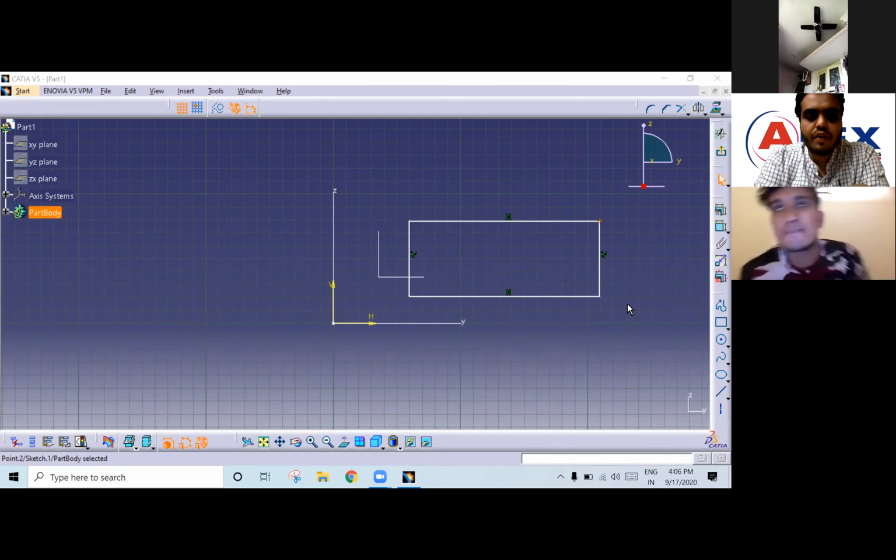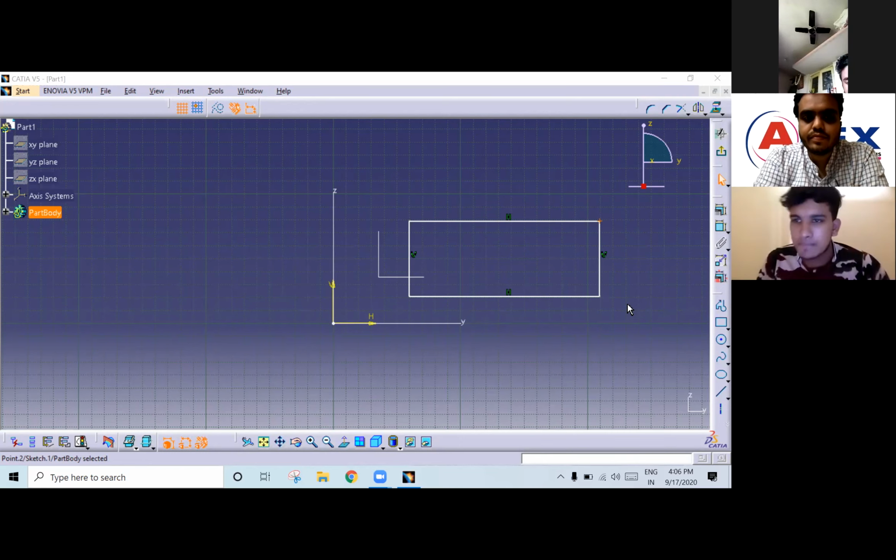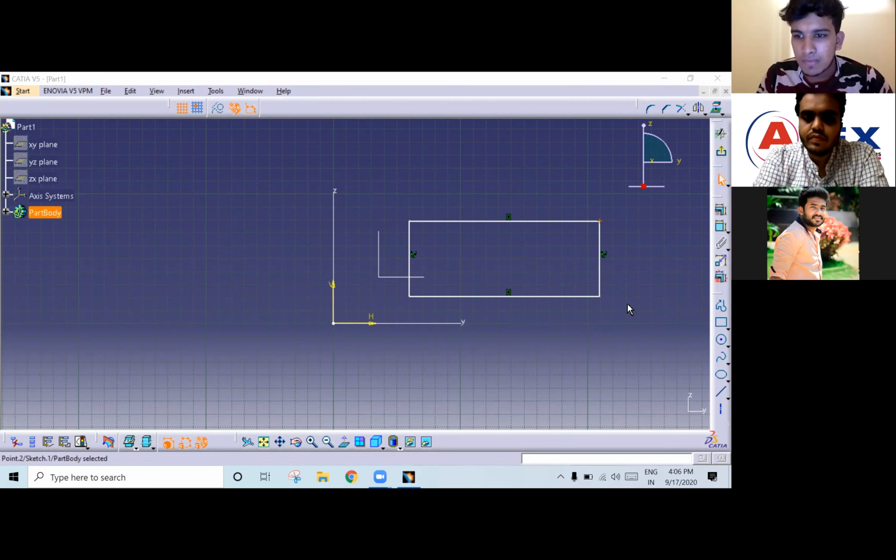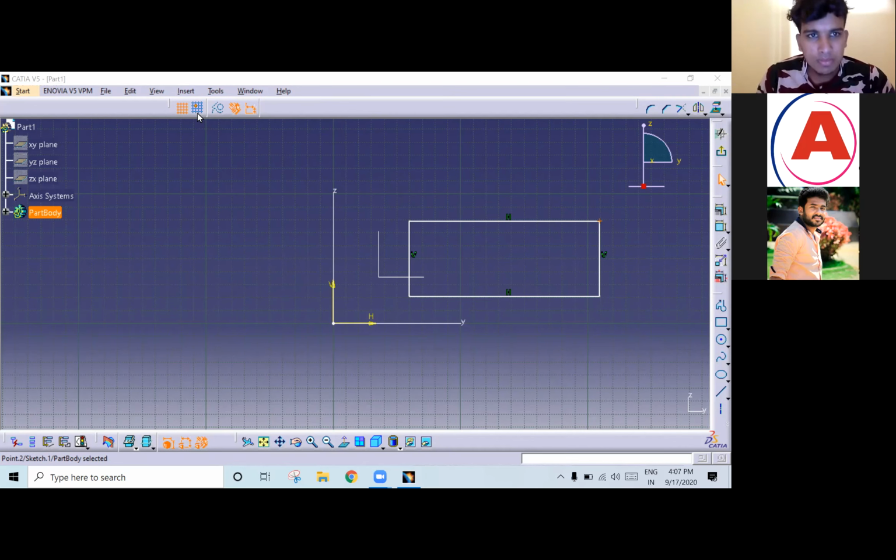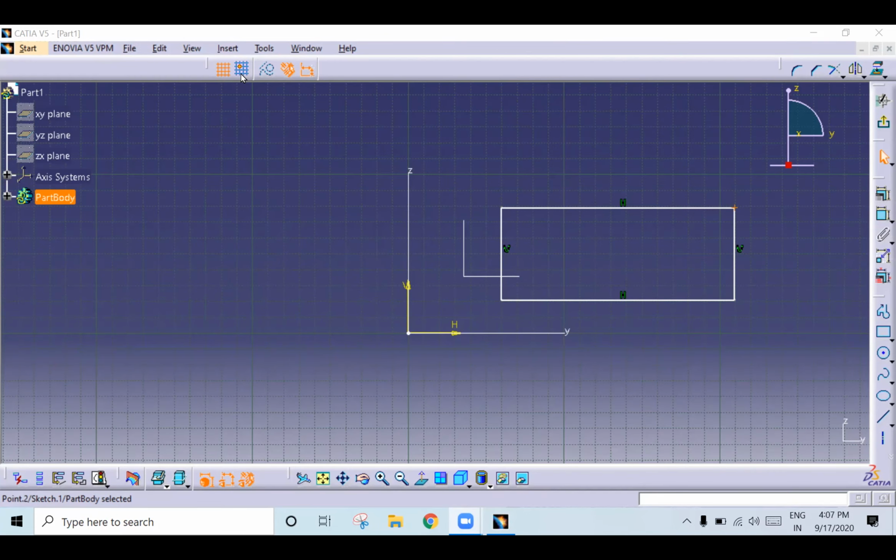So how many of you have done CATIA? No, nobody. Okay. Fine. So dimensional constraint is nothing but constraining the elements by giving dimensions. Okay. So I will show you how to do.